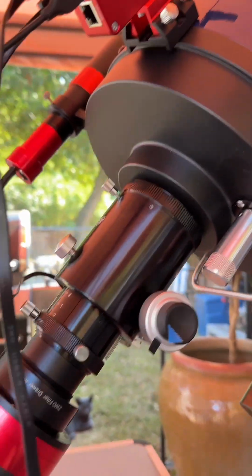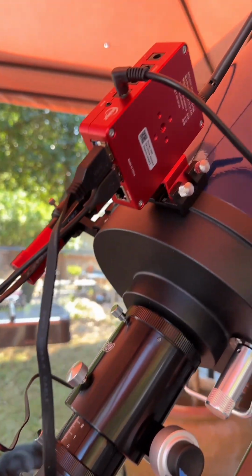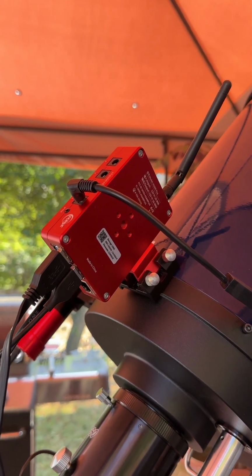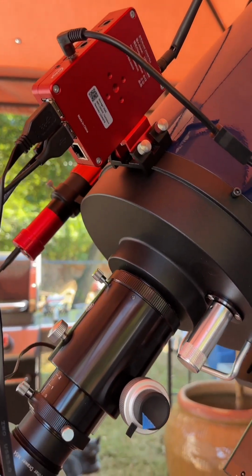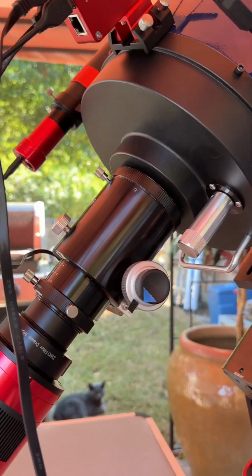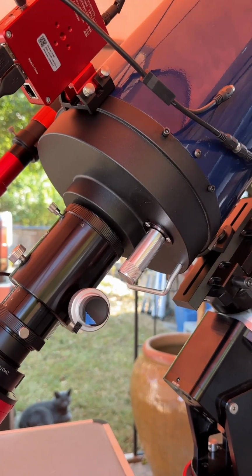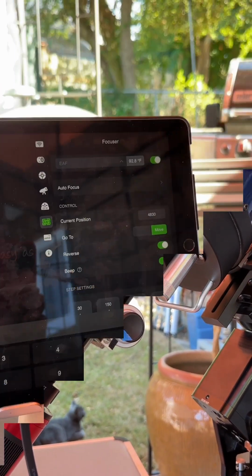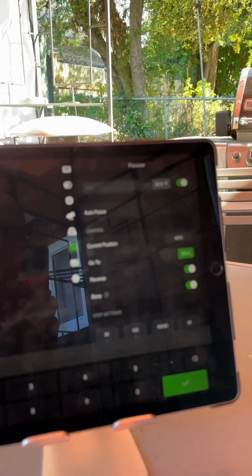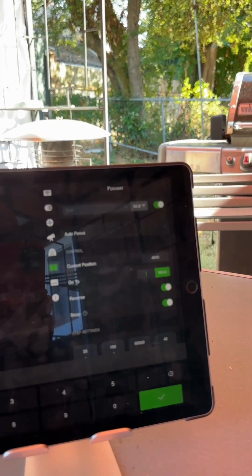The EAF is hooked up to my ASI Air, and I'll be using the ASI Air program to do the alignment on the backlash. So without further ado, let's set this up and give it a shot. So what we have here originally or initially is our